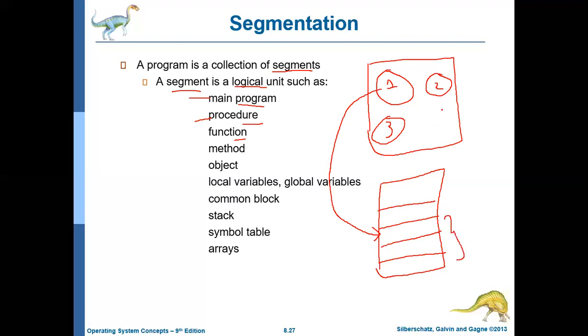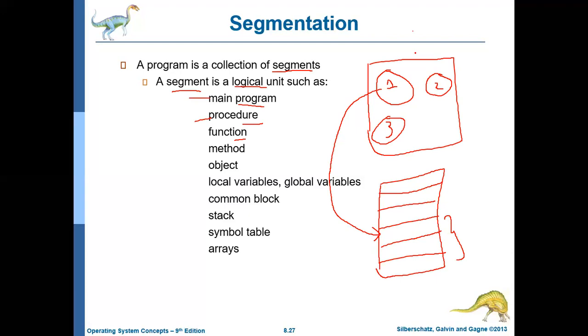Similarly, whatever the programmer is assuming as segment 2 will be stored starting at some address and ending at some address. So there should be software which maps this logical view to the actual physical view.